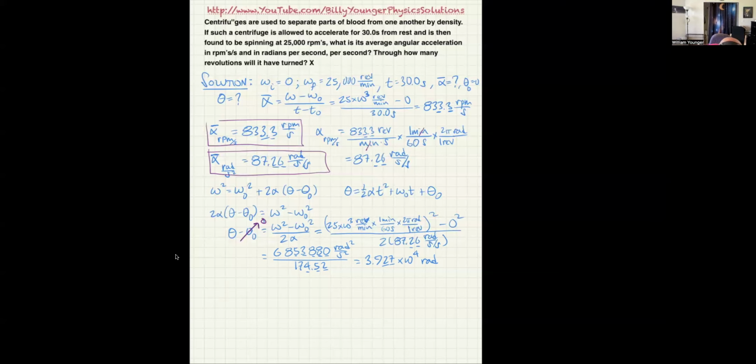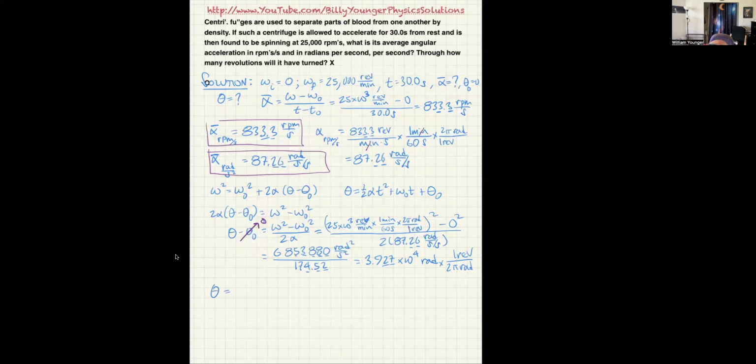Now all I have to do is say that 2 pi radians is equal to 1 revolution. So since that fraction is 1, it's okay to write that as the answer and then put multiplication after it because it's just times 1. So now I can find out that theta is actually going to give me the result of